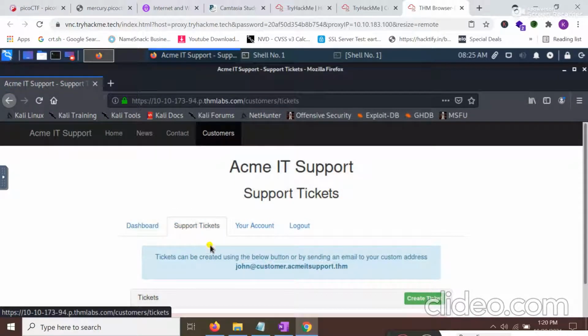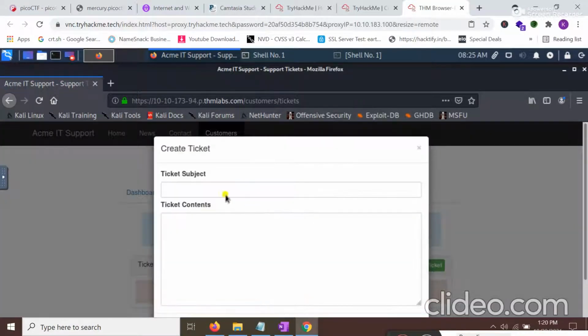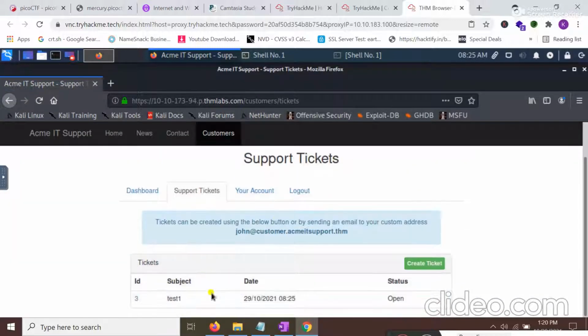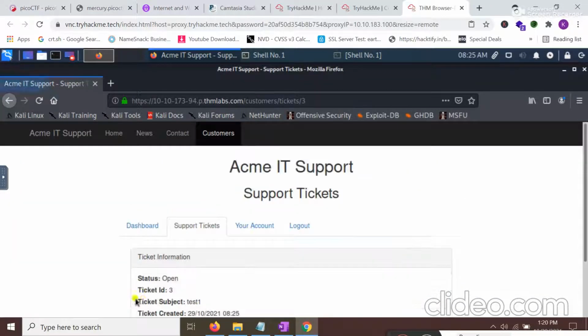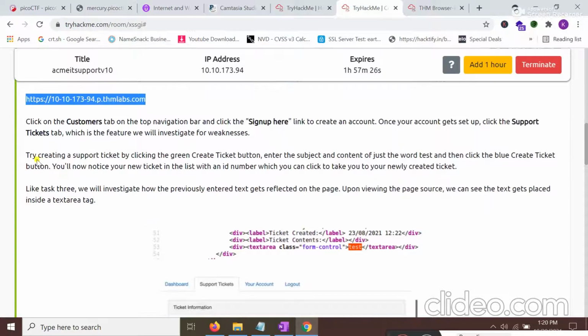If I click on support ticket, I'm able to create a ticket when I click on create. If I create ticket 1 and hit enter, you can see the first ticket is created. When I click on its ID, you can see some information related to this ticket.